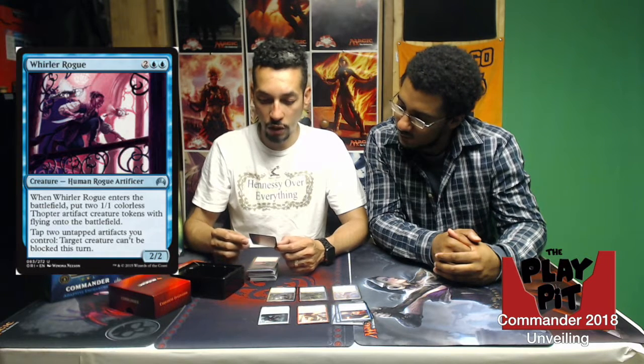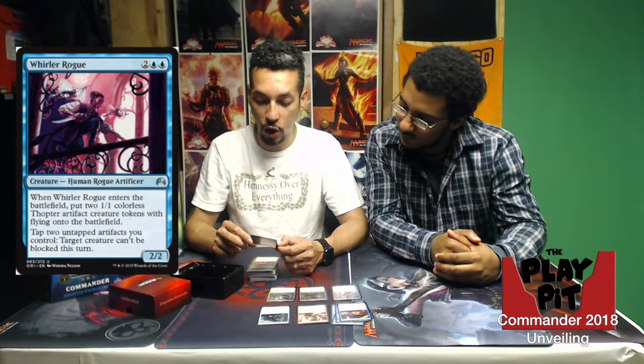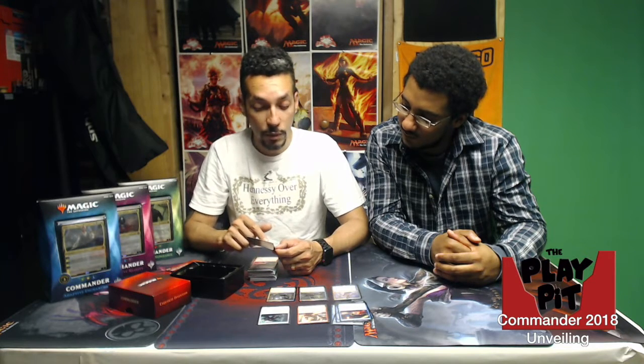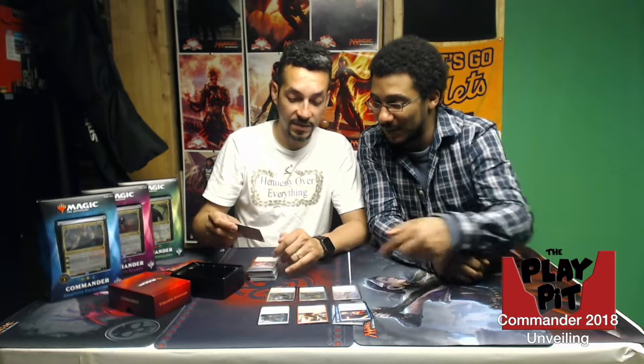Whirler Rogue costs 2 and 2 blue. It's a 2/2 human rogue artificer. When it enters the battlefield, create 2 1/1 colorless Thopters with flying. If you tap 2 untapped artifacts you control, target creature can't be blocked this turn. That's actually pretty cool. Especially if you have a commander that you can actually deal damage with. I know that this Planeswalker can't, but this one definitely can. Yeah,